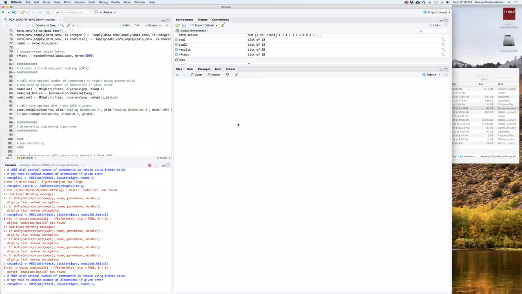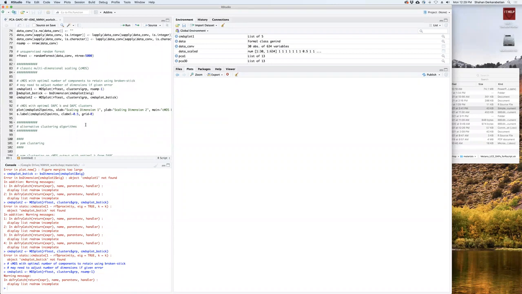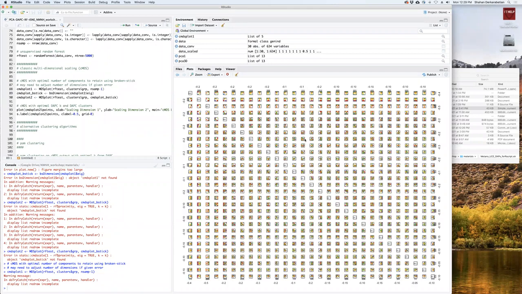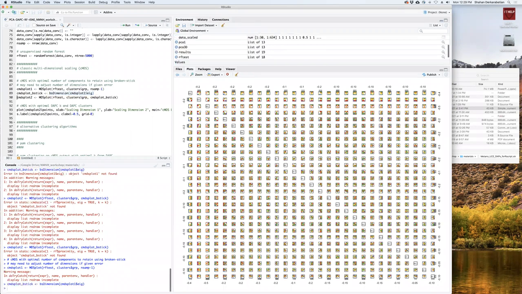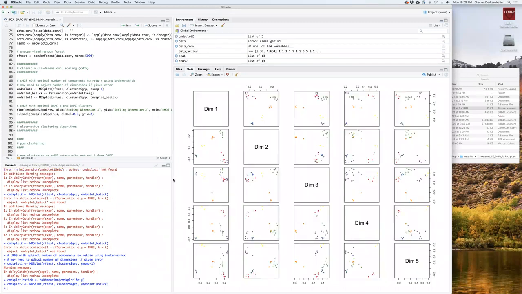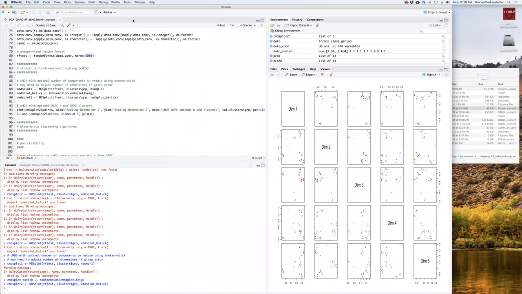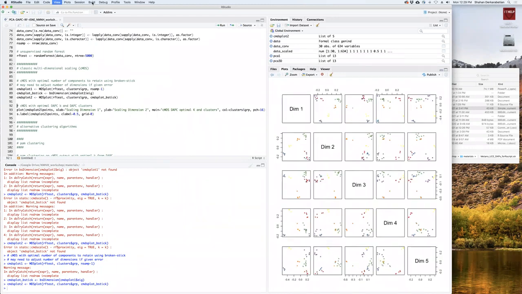Okay, the reason it throws that error is because this is showing all the principal components. You don't want all of them. I just want to retain a few of them. This is what's called the broken stick method. This is something I took from the Ezard et al. paper. It's just a way to objectively determine the number of principal components to retain. And in this case, it picked 5, as I mentioned earlier. So let's zoom in again.